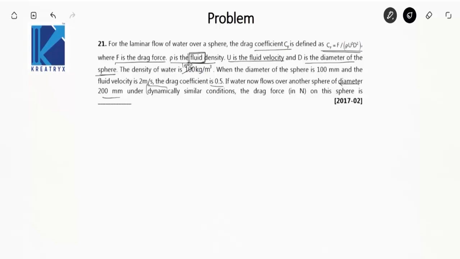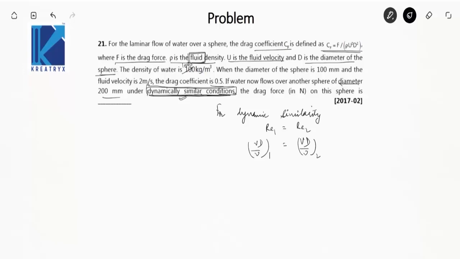Okay, great. Now we got the keyword, dynamically similar conditions. I guess in 2015 also there was a question on the same concept, dynamically similar condition. The drag force on this sphere is, okay. So on this concept, the question has already been asked in 2015. Now for dynamic similarity, I have told, the Reynolds number for both the cases will be same. Reynolds number for the case 1 will be equal to Reynolds number for case 2. I have solved this type of question in the previous video. That will be Vd by nu for case 1 will be equal to Vd by nu for case 2. Okay, nu 1 is equal to nu 2. Kinematic viscosity for case 1 is equal to case 2 because the flowing fluid is water in both the cases. So that implies V1 d1 is equal to